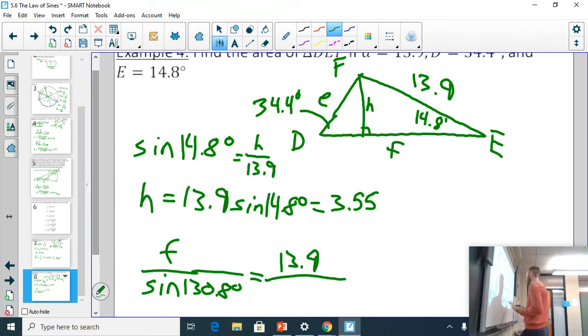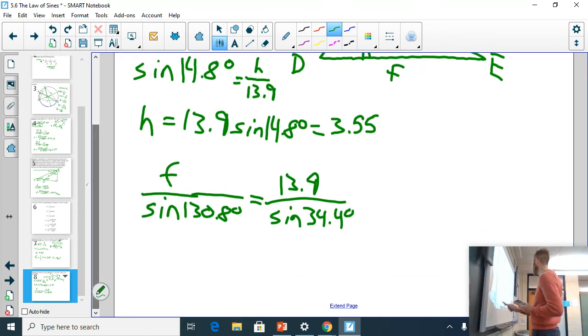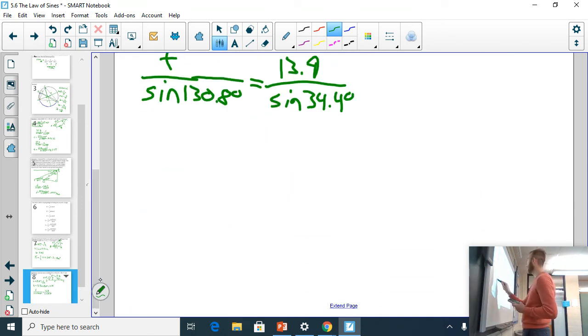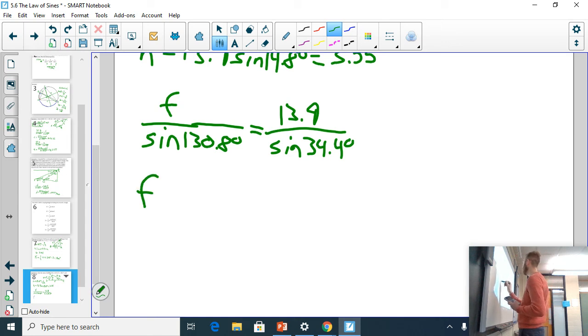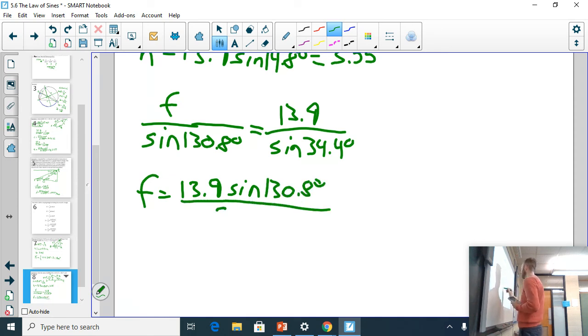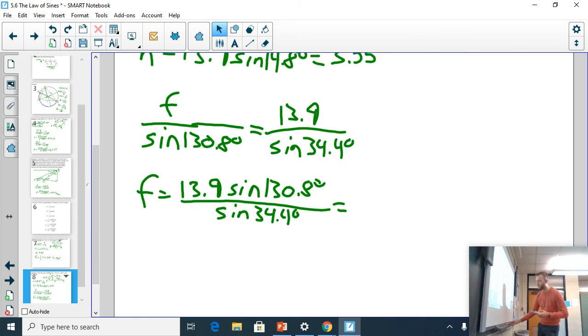And that'll be all over the sine of D, which is 34.4. And then solving for F, we get F equals 13.9 times the sine of 130.8 degrees, all over the sine of 34.4 degrees. And if we throw that into our calculator,